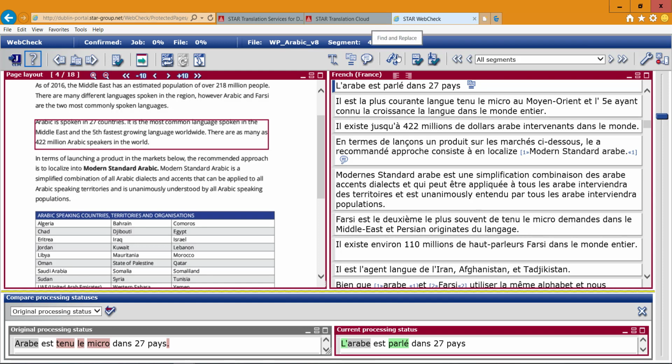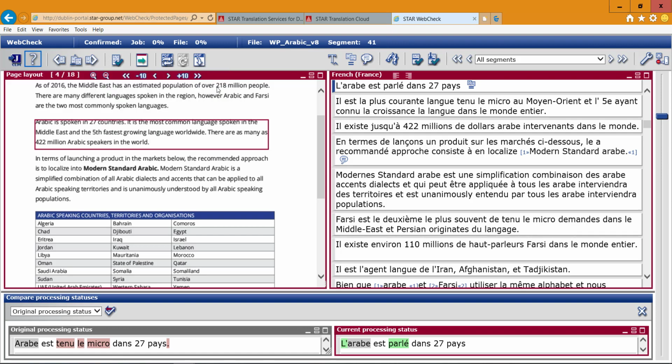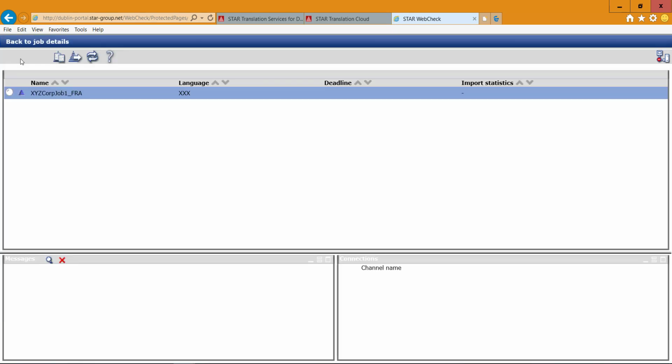We can use the search icon to do find and replace. When we are finished, we press this to go back to the portal, and we click this icon here to finish the job. This notifies the project manager that the changes you have made are now ready for review